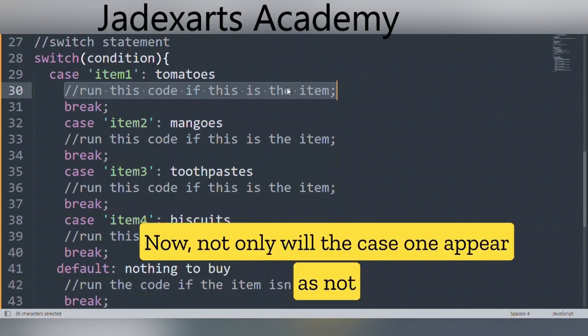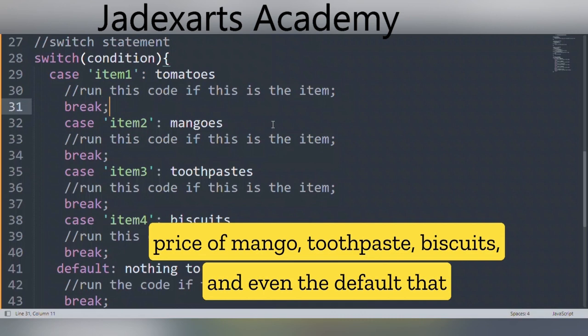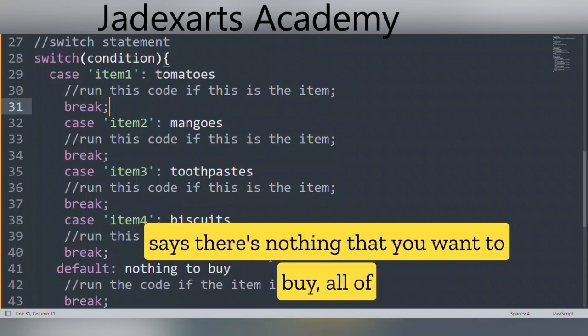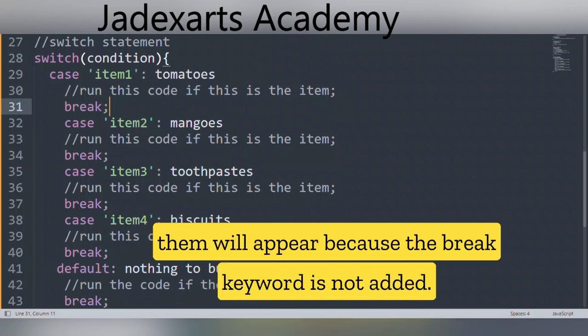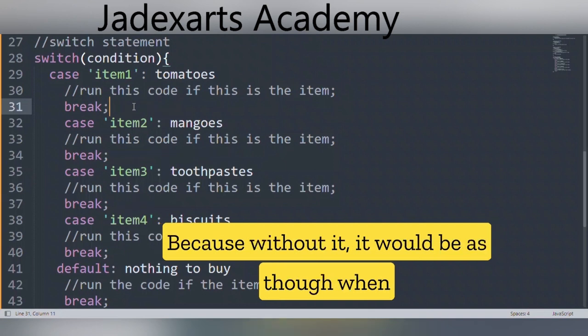Not only that, but the price of mango, toothpaste, biscuits, and even the default that says there's nothing that you want to buy, all of them will appear because the break keyword is not added.